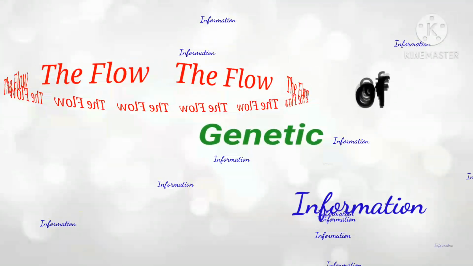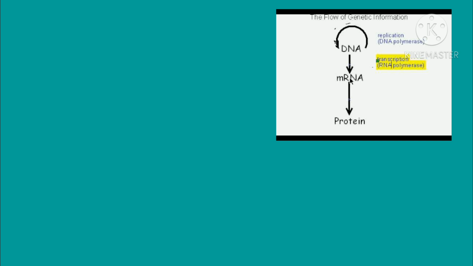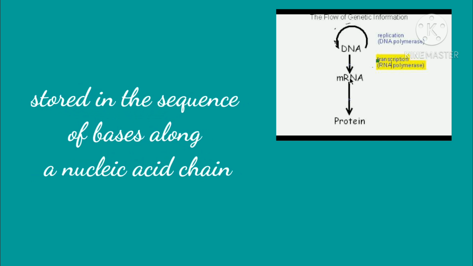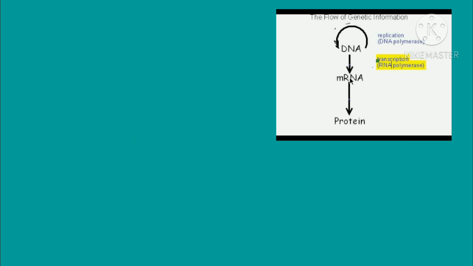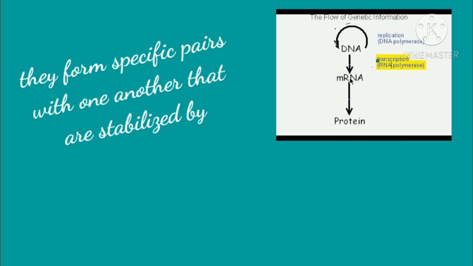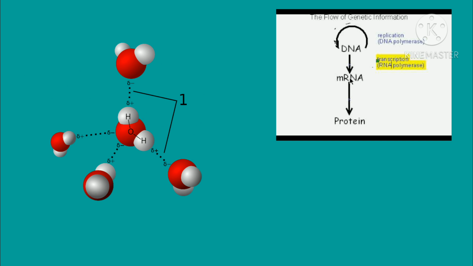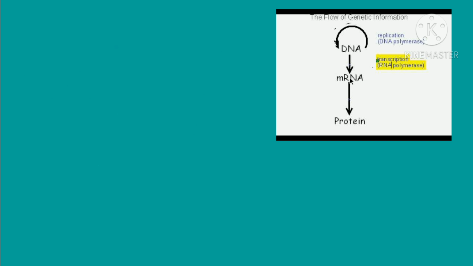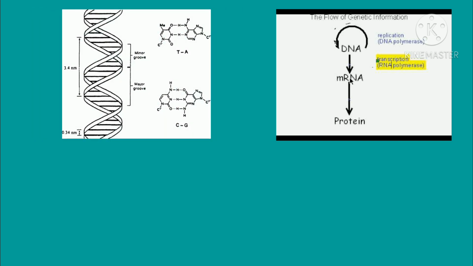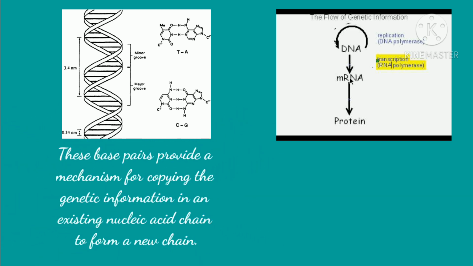The flow of genetic information. Genetic information is stored in the sequence of bases along a nucleic acid chain. The bases have an additional special property. They form specific pairs with one another that are stabilized by hydrogen bonds. The base pairing results in the formation of a double helix, a helical structure consisting of two strands. These base pairs provide a mechanism for copying the genetic information in an existing nucleic acid chain to form a